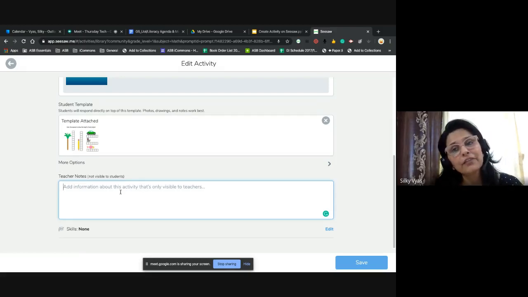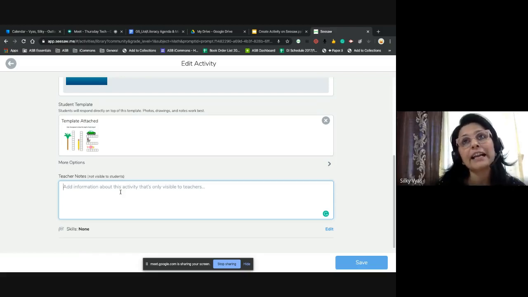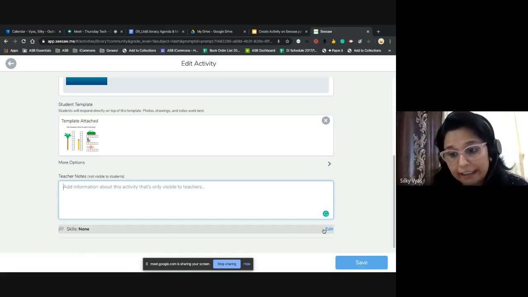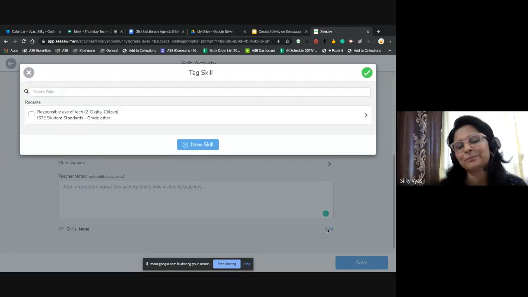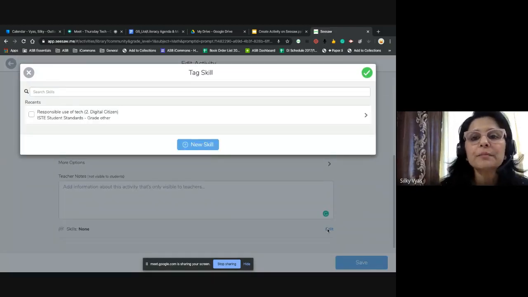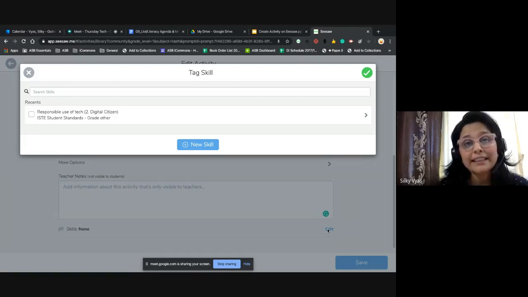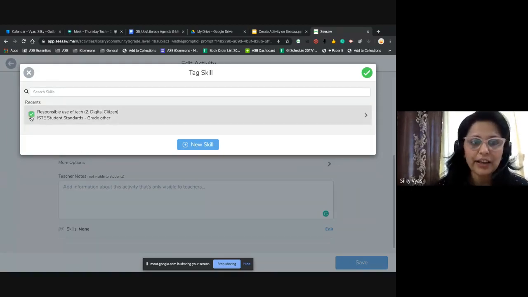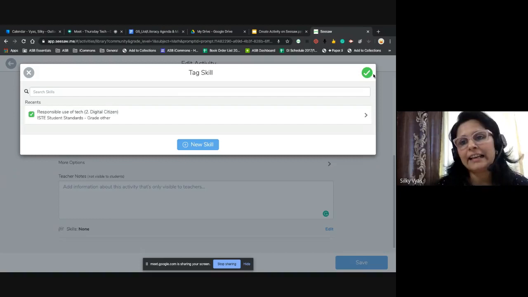So you have given them a math activity and you want the kids to measure the length of the objects. So you have an I can statement: I can measure the length of the objects given to me. I can click on edit activity and I can choose my skill here. This is my demo class. I don't want to interfere with any of the real classes. So right now I'm just going to use a demo skill which I have added here, and I can just say